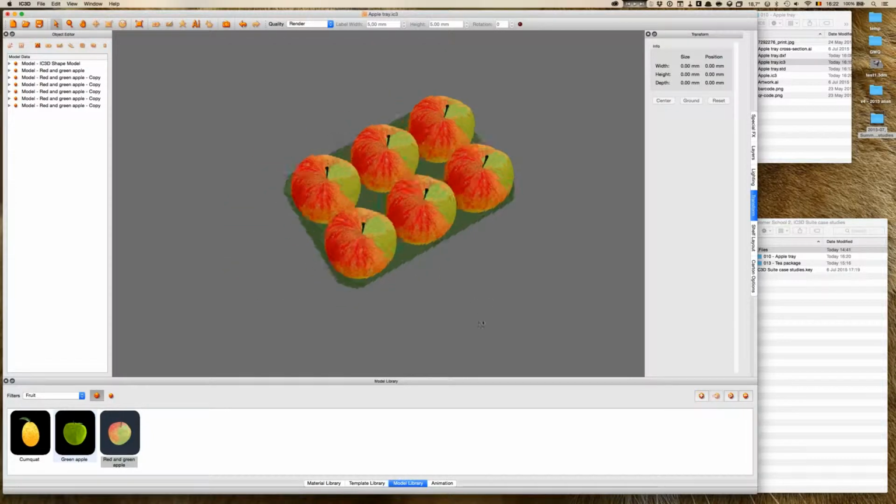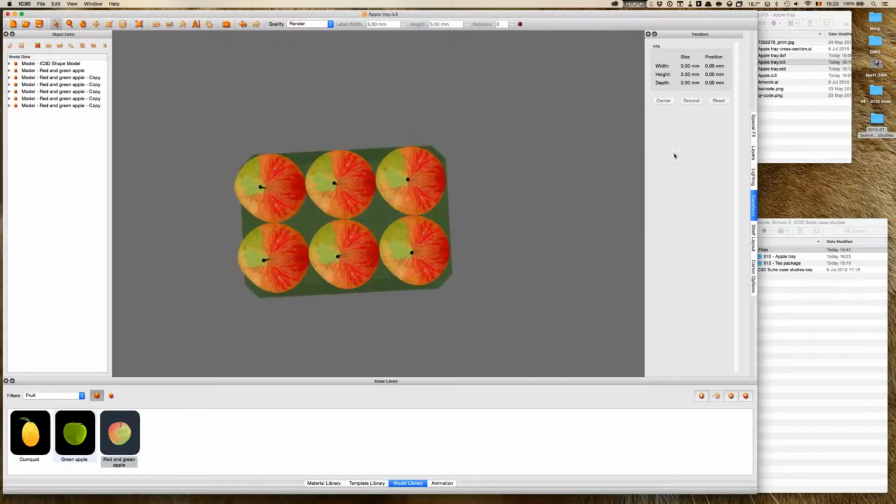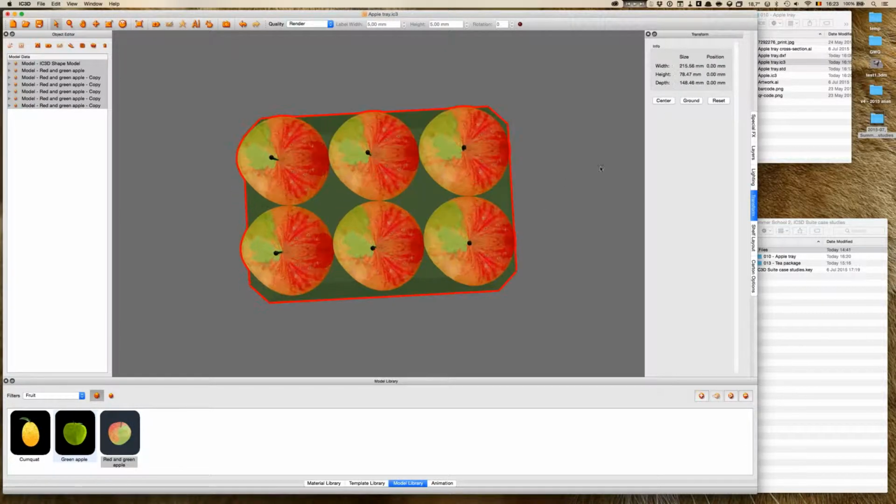Now, there is one more problem. This looks very artificial, and the reason it looks artificial, of course, is because I have the